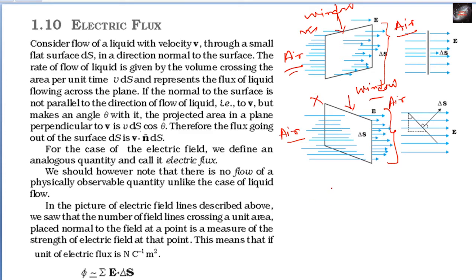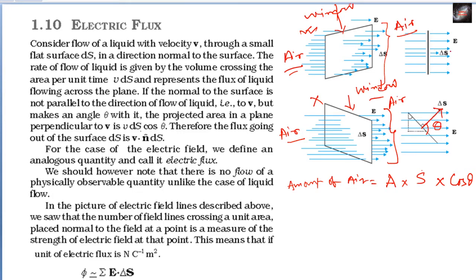Now ये जो phenomena है इसको हम mathematically express कर सकते हैं. Just like this, the amount of air can be represented as A into S into cos theta. What is A? A is the air traveling towards the window. S is the surface area of the window and theta is the angle between the window and the entering air. Say this is theta. Then what is the value of theta in this case?